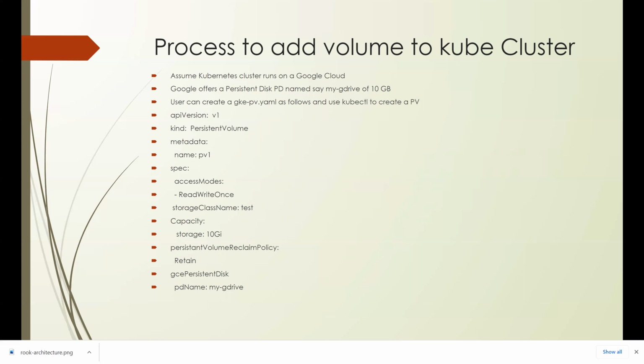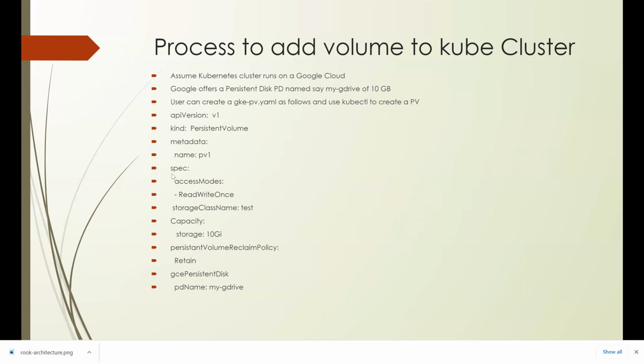So we create a file called gke-pv.yaml, which contains some elements like apiVersion is v1, kind. Kind is the term which is used for anything. It could be for pod, it could be for any specs you want. In this case, we are talking of a persistent volume object. In Kubernetes, everything is an object. And we are talking of a persistent volume object, and the metadata name we associate with this is PV1, let's say.